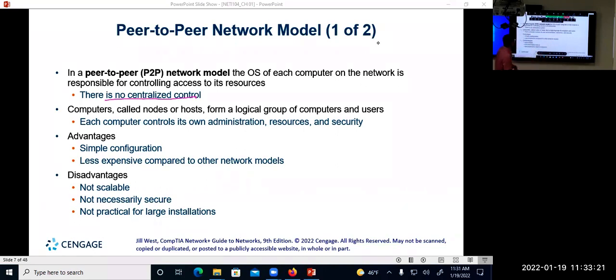The computers on the network are called nodes or hosts. It forms a logical group of computers and users. Each computer controls its own administration, resources, and security. So when you interconnect them with the peer-to-peer network, each computer has to take responsibility to control its administration, resources,